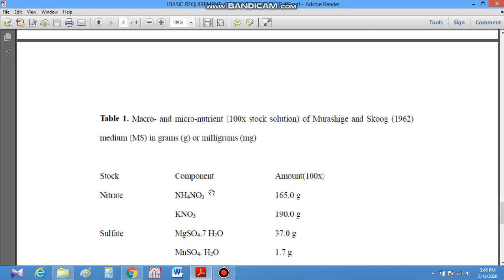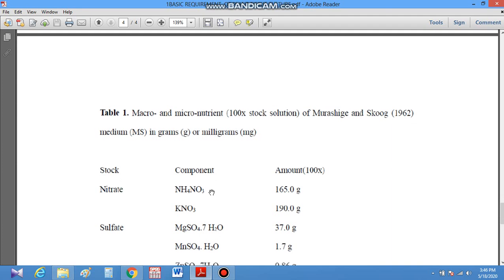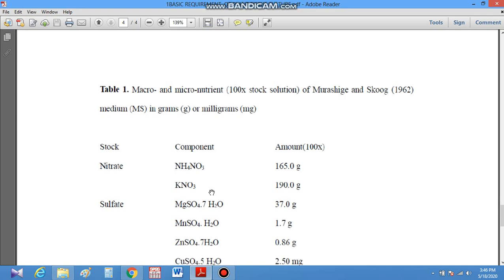Another thing is the solidifying agent, agar, a polysaccharide obtained from red algae, Gelidium. Agar does not react with the constituents of the media and is not digested by the tissue enzymes, therefore it is used. After all, when the media is finally prepared, its pH is maintained at about 5 to 6. It should be maintained before sterilization of the nutrient medium.